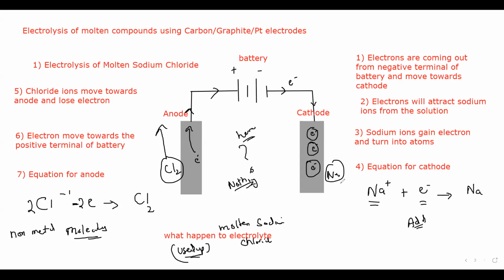The atoms will be there. In the solution, we have atoms, but when we talk about the original electrolyte, originally we were having ions, like there was a positive ion and there was a negative ion. These positive and negative ions are used up. They are no more there. There will be atoms and molecules, but not a positive or negative ion. So that's why, in terms of positive and negative ion, as they are not there, we use the term that electrolyte is used up.